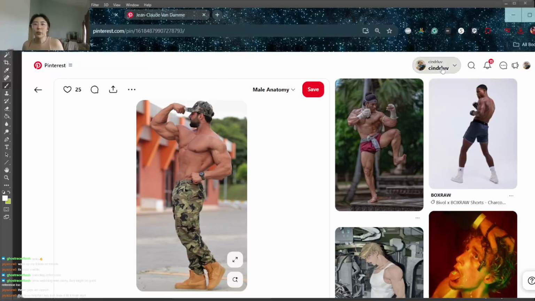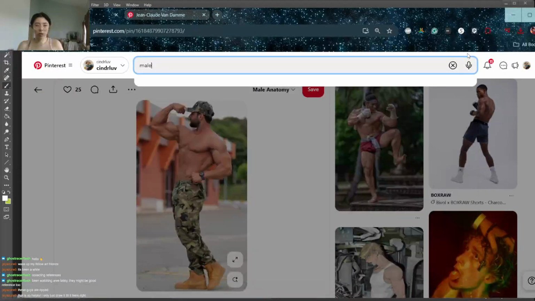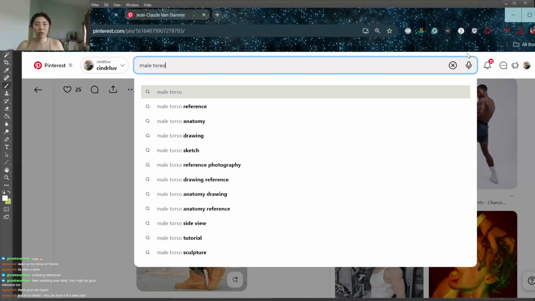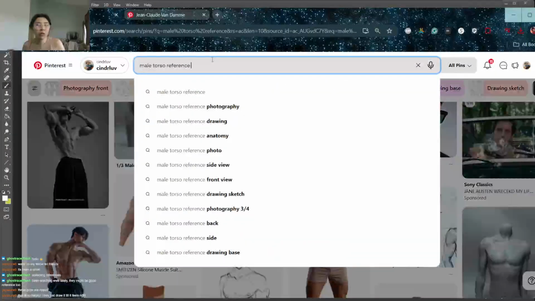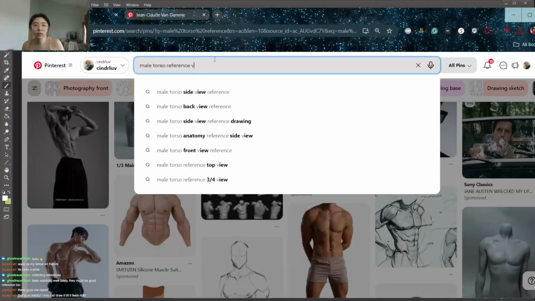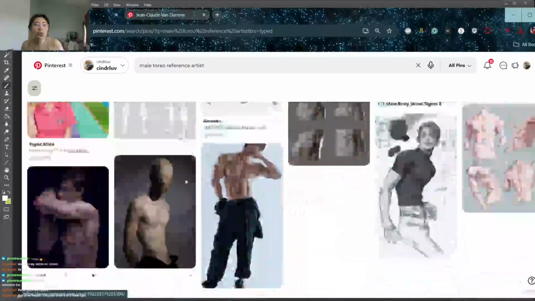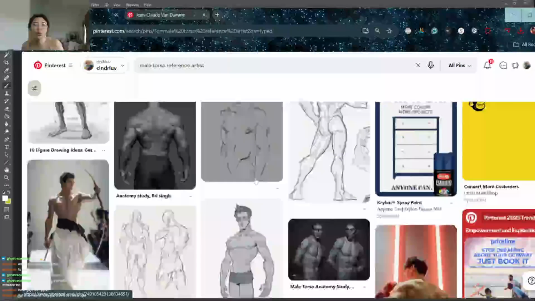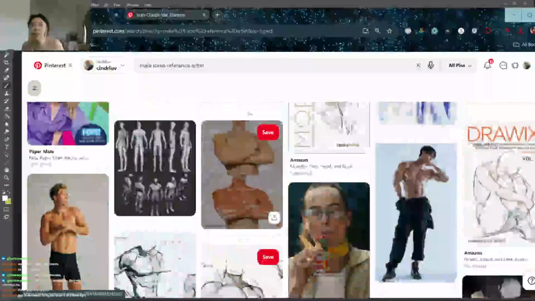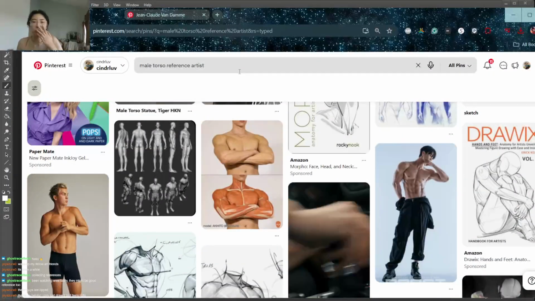I believe there is a really good artist with a reference. Let me see if I remember her name. Male torso. What's her name? Starts with a V. Artist. Let me see if I can find it. If I cannot find it in this particular session, I will search it up in my saves, because I do have her as a follow on my Instagram. Anyway, regardless,